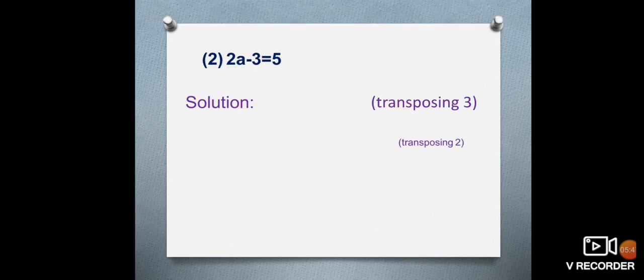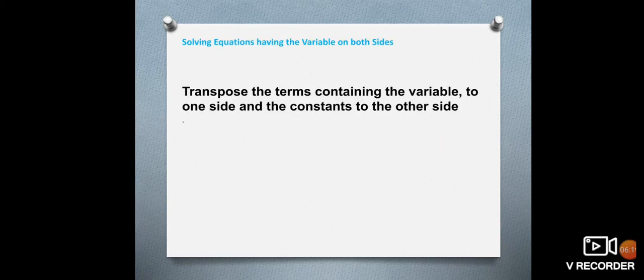Let's go for the next example. So just see example 2, 2a minus 3 is equal to 5. I want the value of a. First of all, I will transpose minus 3. So it will go to the right hand side and it will become positive 3. So my equation will be reduced to 2a is equal to 8. Now I want to remove 2 from the left hand side. It is in multiply, so at the right hand side it will go in divide. So 8 by 2, that is 4. So my solution is a is equal to 4.